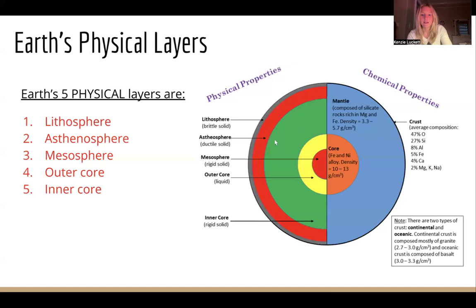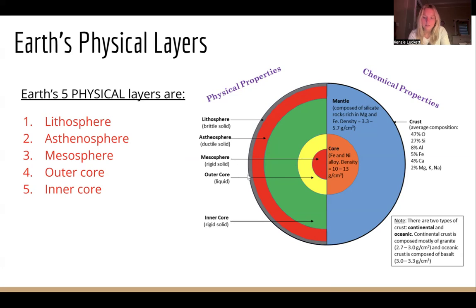So, we can see them here, and we have our lithosphere. It's that gray outline of the Earth. Then we have our asthenosphere. It's underneath. Our mesosphere's in the middle. Meso means middle, so that's really a helpful trick to remember it. It's exactly in the middle of all these layers. We have the lithosphere and the asthenosphere outside of it, and then after the mesosphere, deeper within the Earth, we have our outer core and inner core. So the mesosphere is right in the middle. Then we have our outer core, which is this yellow, and then our inner core,